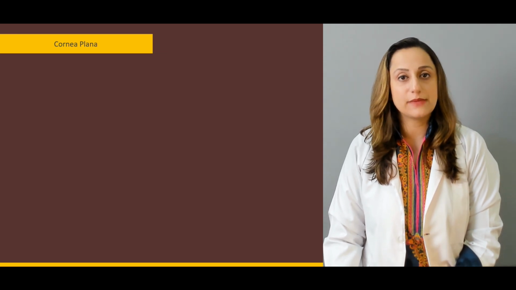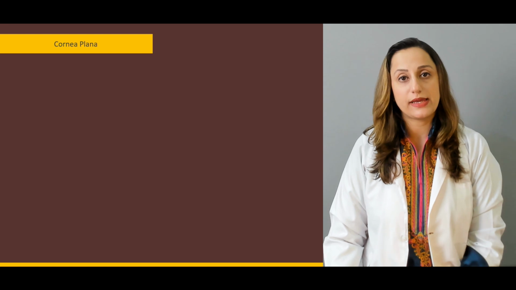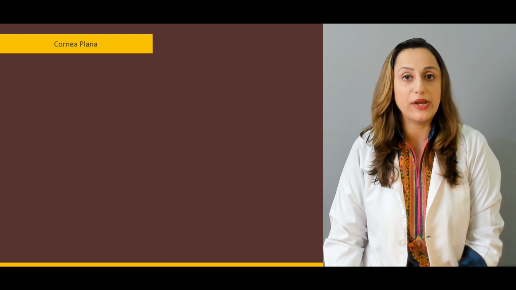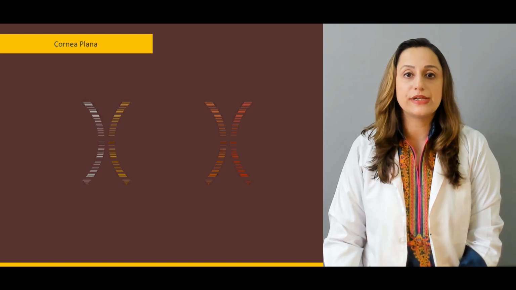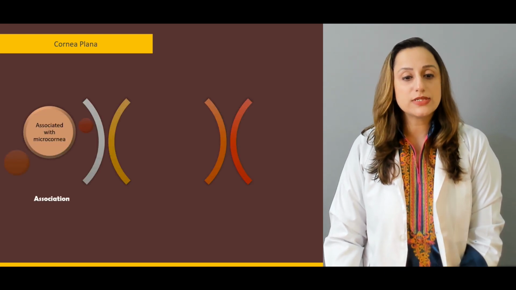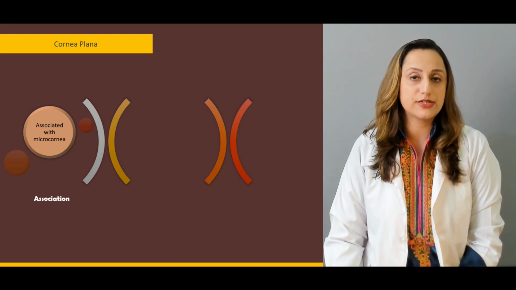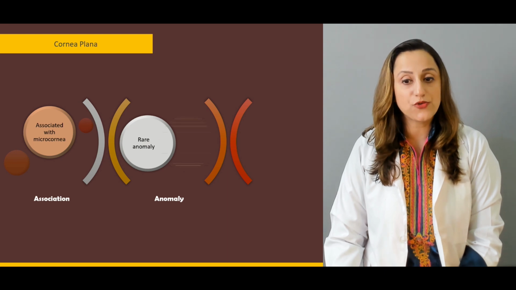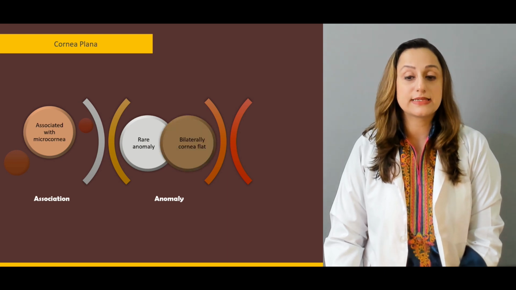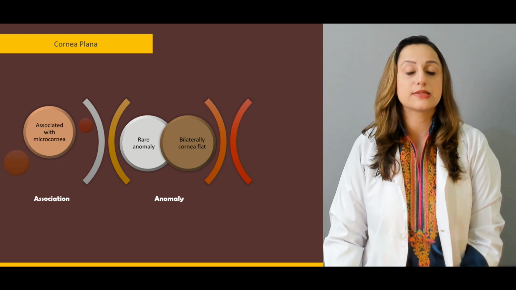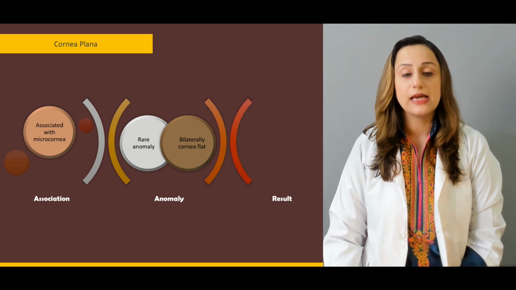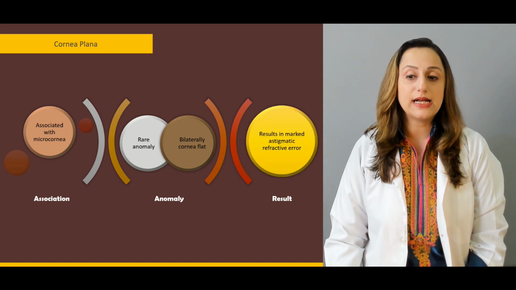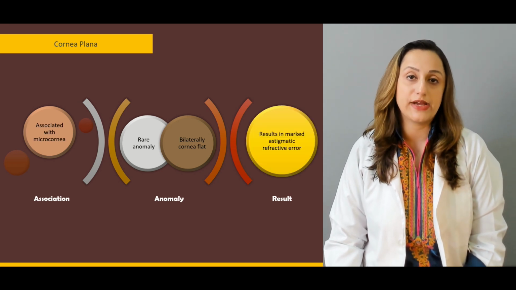Then when we are discussing megalocornea or microcornea, that is basically suggestive of the fact that the diameters of the cornea are variable. Then we have cornea plana. The associations over here usually are associated with a microcornea. The anomalies are quite rare and usually bilaterally placed, and the cornea is quite flat in these individuals. The result produced due to this flat cornea is marked astigmatism and refractive errors, of